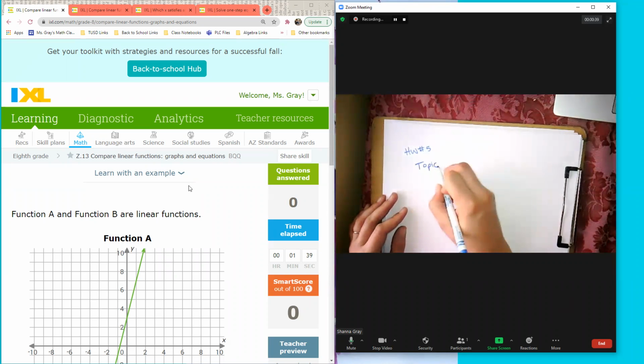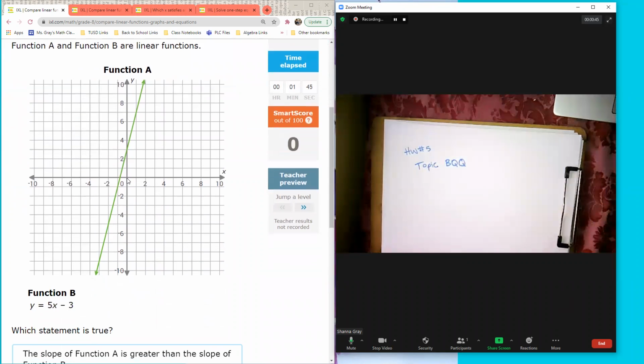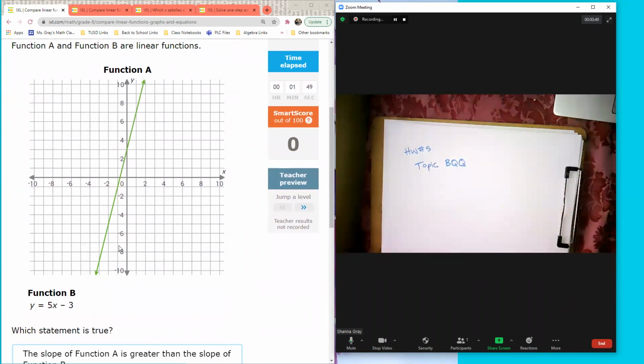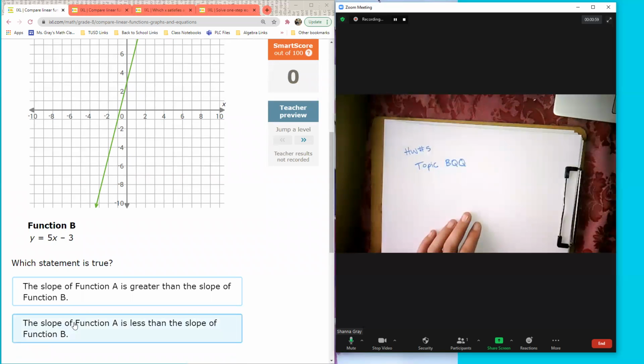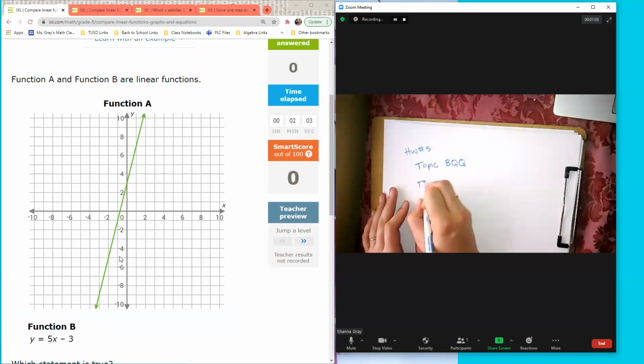So topic BQQ is here. Notice it has a function A, which is in a graph, and then function B, which is in an equation. And it's just asking you to compare parts of those two things to see which one's bigger or smaller. So if you look at function A and function B, it's saying the slope of one is bigger than the other or less than the other. So that's what we need to figure out first is,